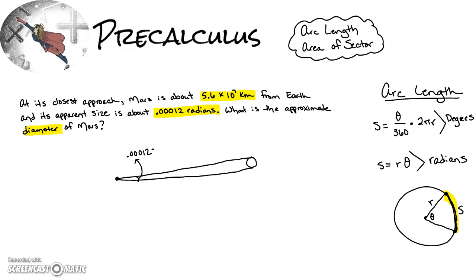So that's actually the theta that they're telling us. Now, the diameter of Mars would be if we could draw like a curved arc over there on Mars. That would represent the diameter, and it would be roughly the same thing as the S, or the arc length,